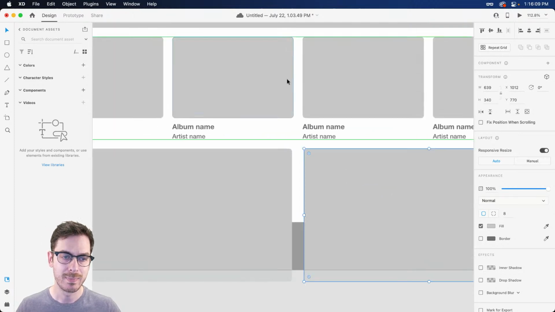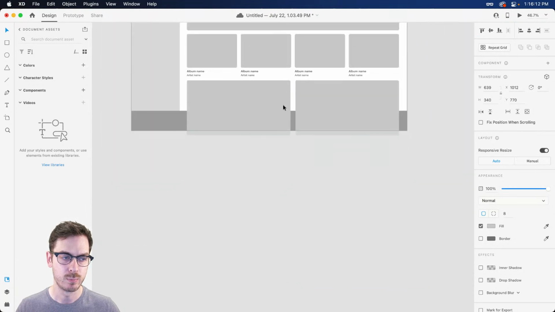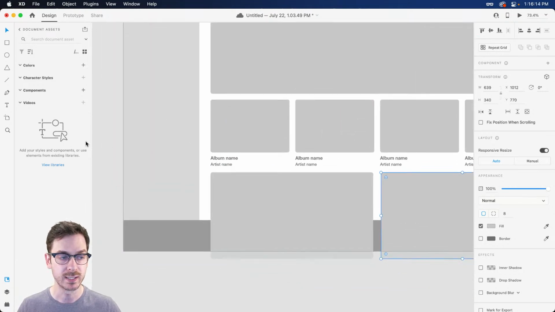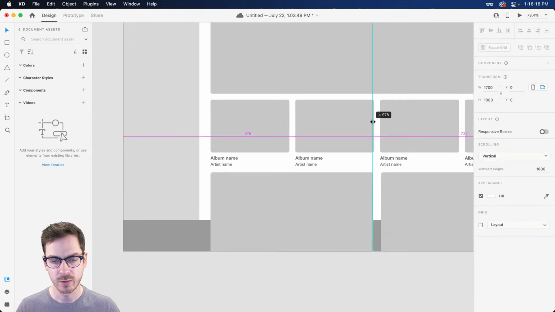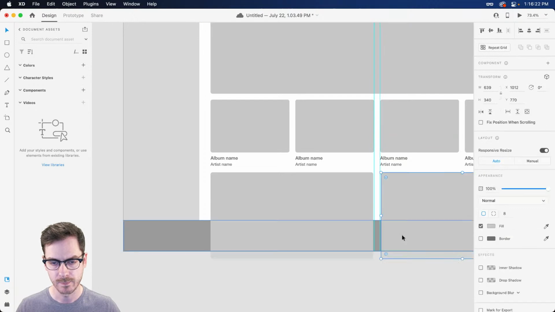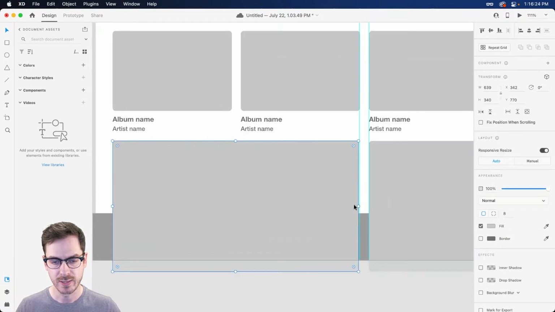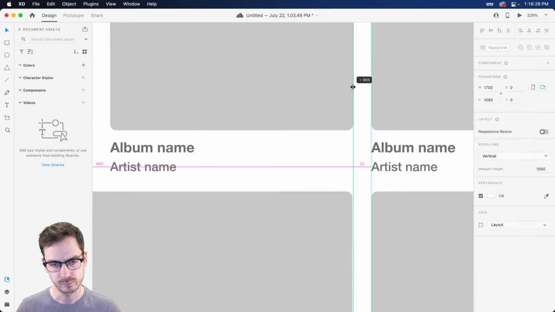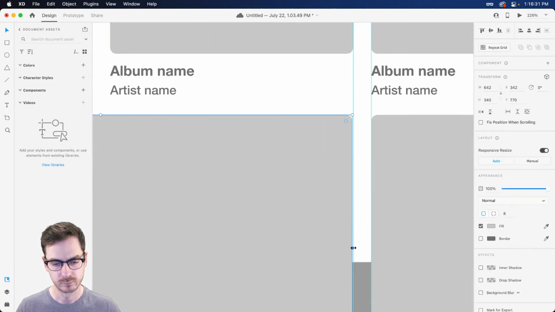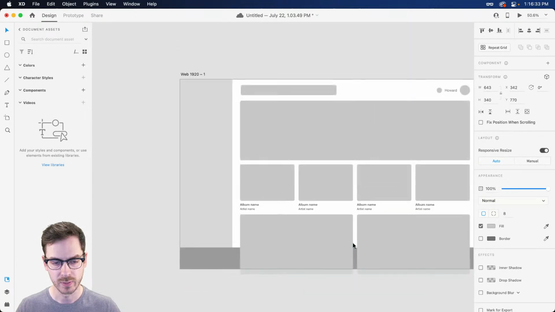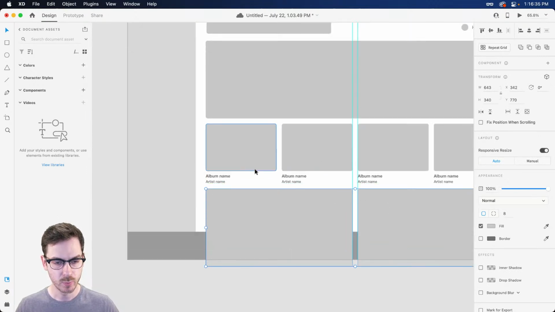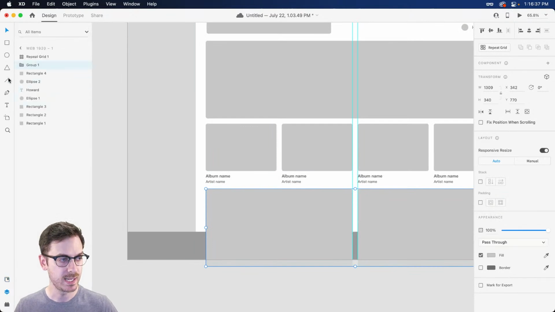Although what you might want to do is make sure that lines up with this album here. So this is where guides can really come into play. Also, a grid system can work as well. But I'm going to drag out a guide right up to about there, and then to about here, right? And I can just make sure that these snap really nicely. There we go. And I'm going to place both these into a group, Command and Control G,